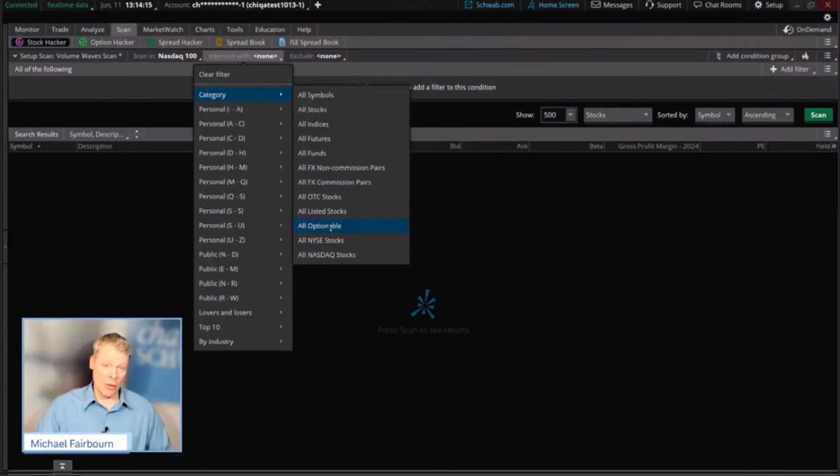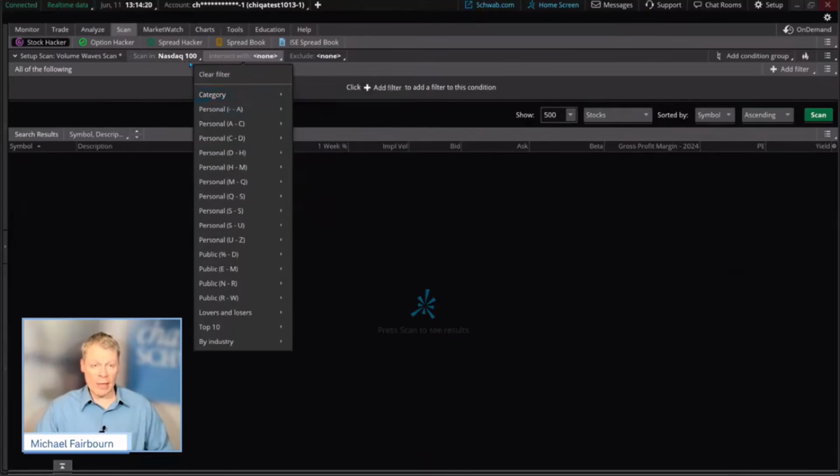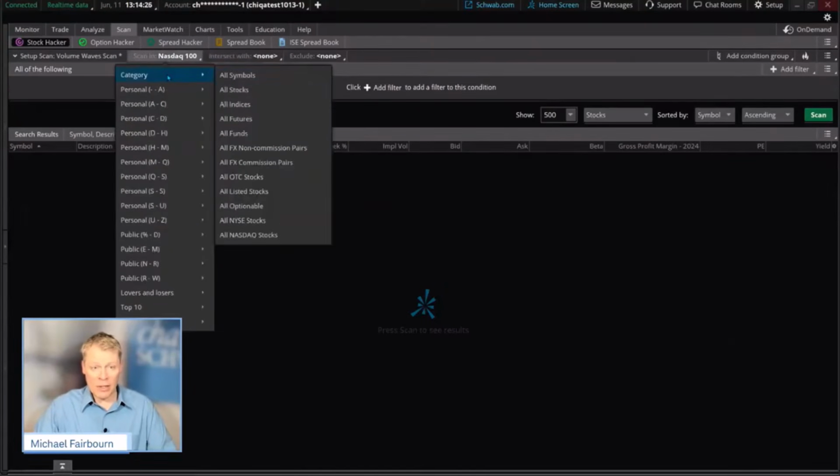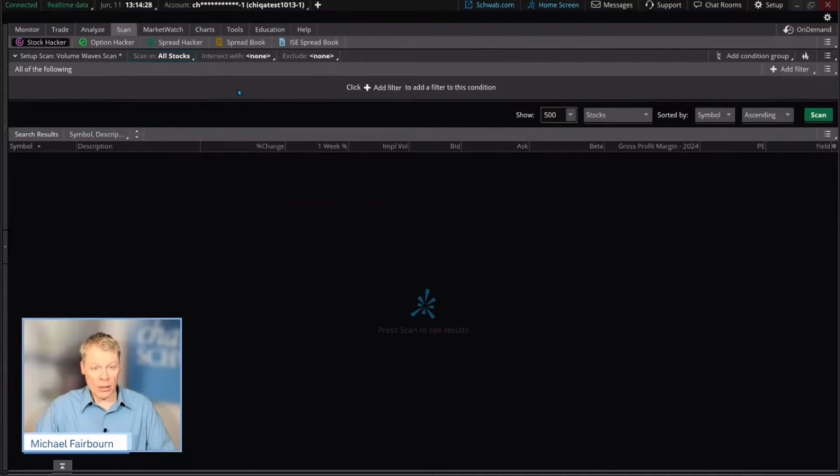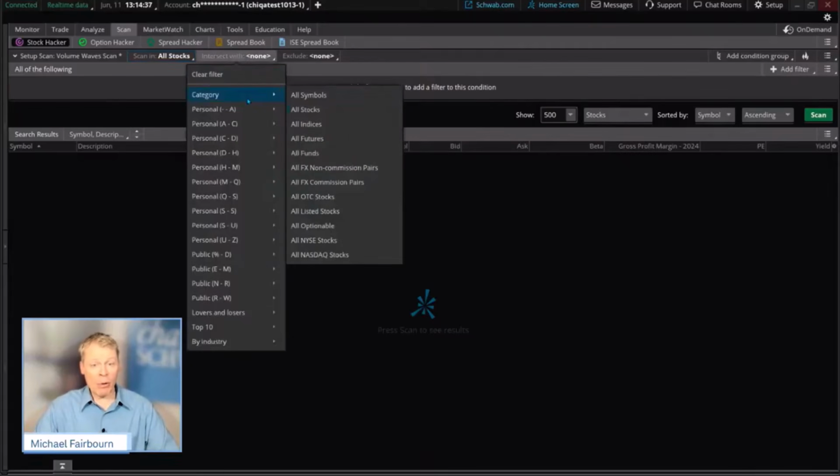No, the thing I have to tell you is you're going to get basically all optionable within the NASDAQ 100. I don't think there's a stock in the NASDAQ 100 that's not all optionable. But if you were scanning in, let's say, for example, all stocks, you wanted to widen that basket out, or just the NASDAQ 100, the NYSE, New York Stock Exchange, you could look at that too. Now it would make more sense to say, give me all optionable, then give me volume on the stock, and then maybe some open interest as well.